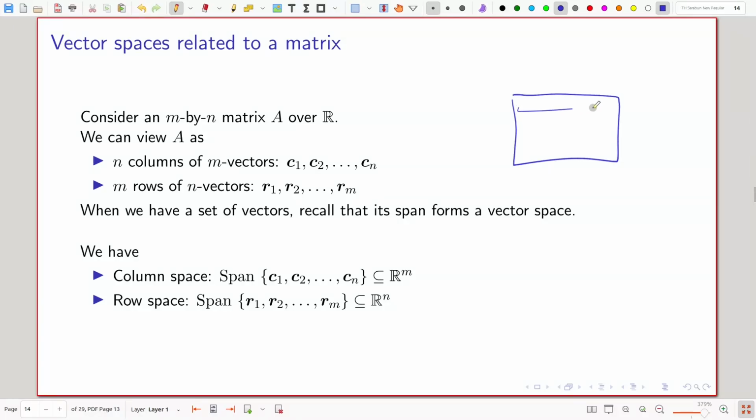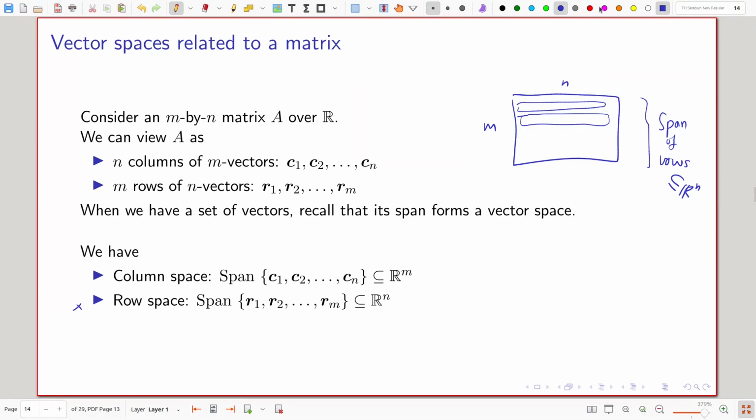again, take all the rows. Each of the rows has length n, right? So the span of rows, okay, you have m rows. This one is called row space, and it's a subset of R to the n, because every vector is of length n. Okay.